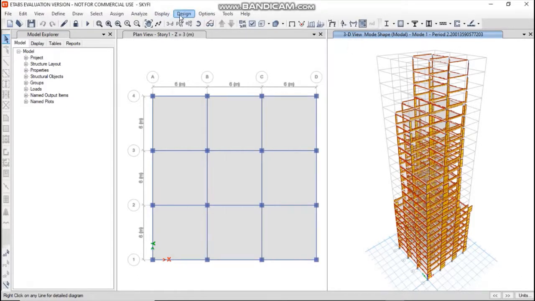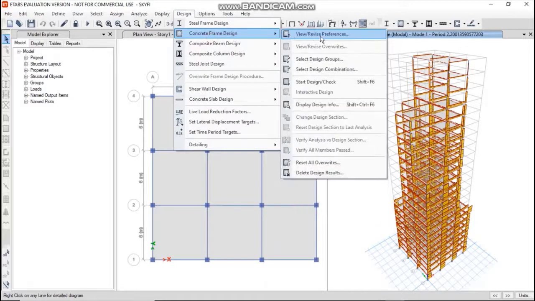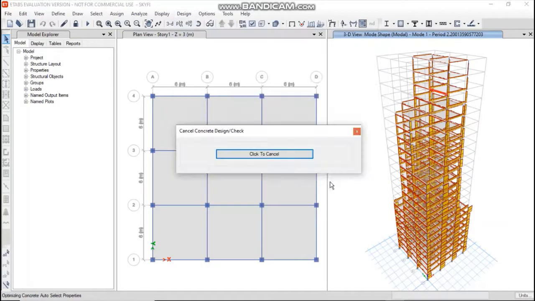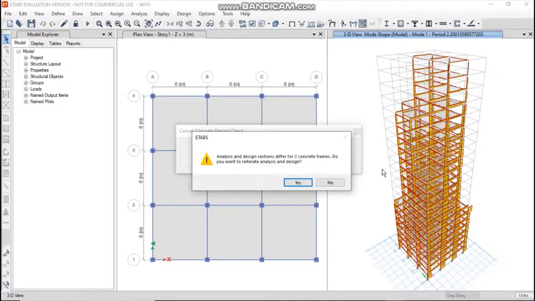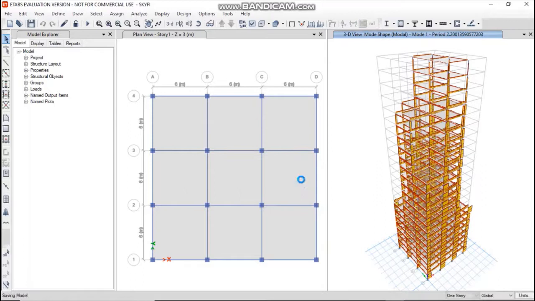Okay, now go to design, concrete frame design, and so as I have said before, if you get this tab, just click on yes. It will again perform analysis and design check.